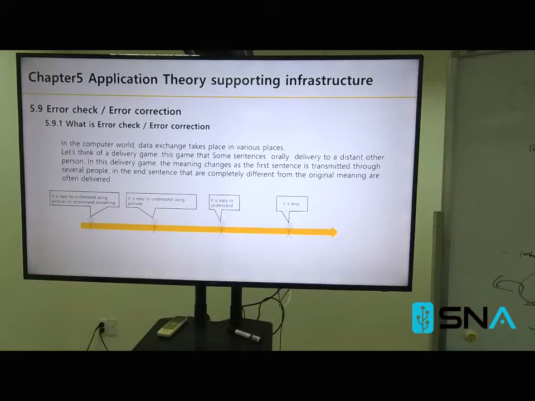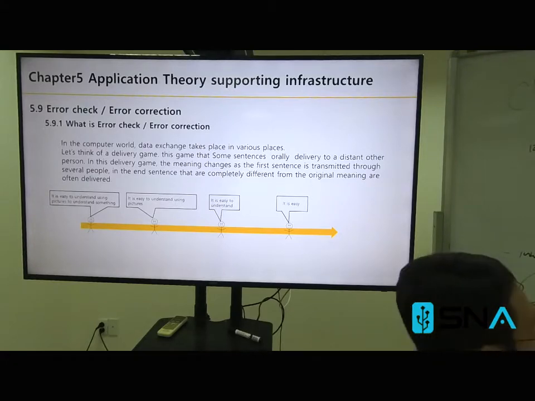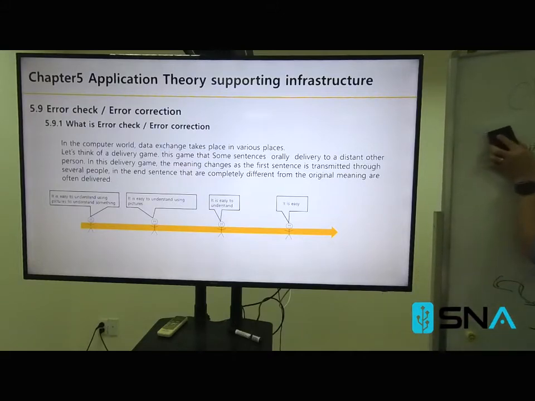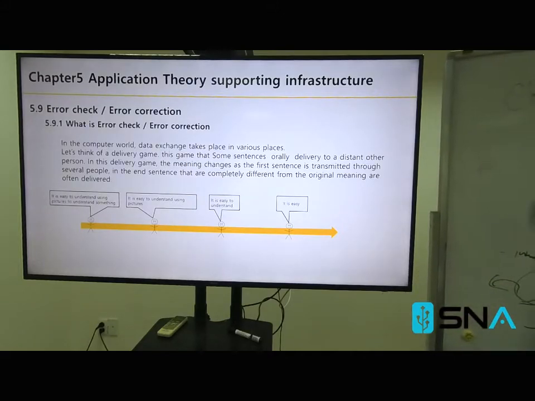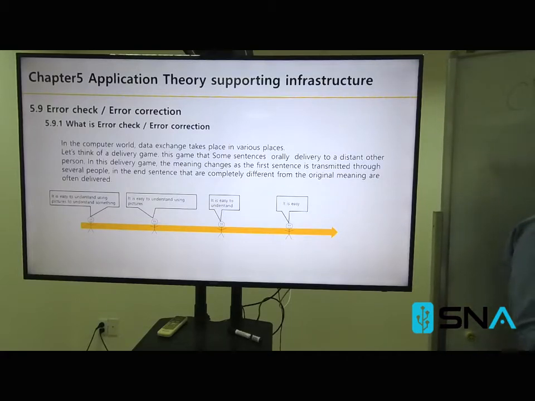For this error check, error corrections. Yeah. For what is error check, error correction? Did you hear of parity bit or Hamming code or anything? Anyway,